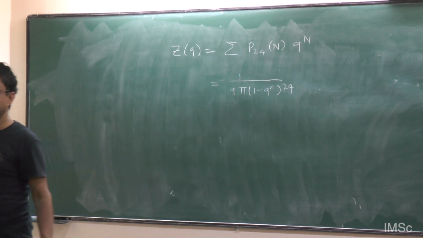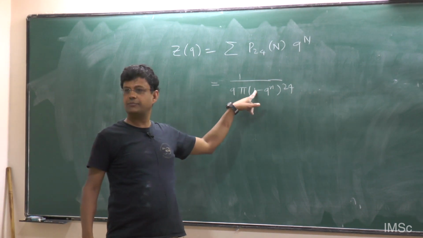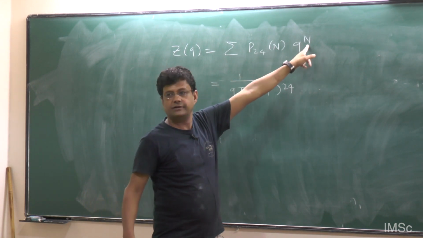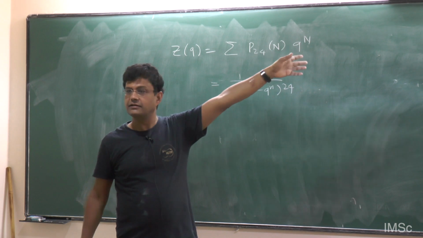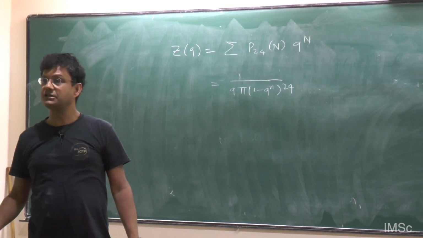Okay, so basically we have solved the problem of partitions, right? Just take this function, you can put it on a computer and expand it to any n. Suppose you want partitions of 200. Just expand this function to 200 and collect whatever terms you get. But this actually becomes exponentially hard.